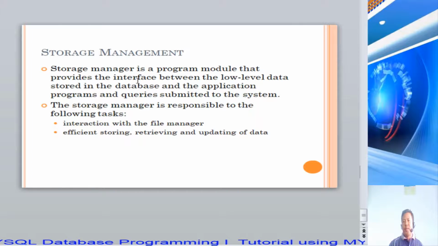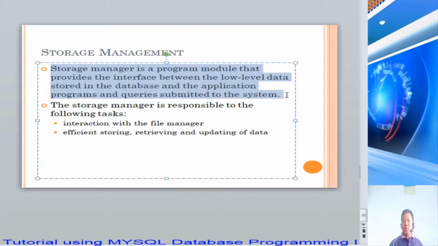The storage manager is a program module that provides the interface between the low-level data stored in the database and the application programs and queries submitted to the system. The storage manager is actually referring to the system itself that is managing how the data is being stored in your database and how the query is being submitted to the system. The storage manager is responsible for the following tasks: interaction with the file manager, and efficient storing, retrieving,